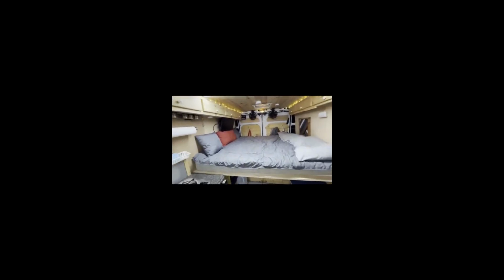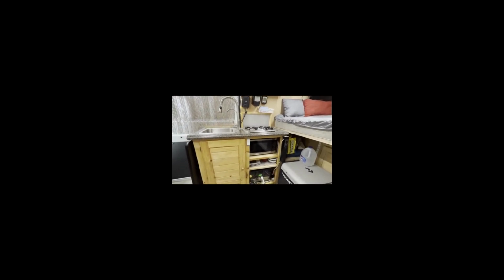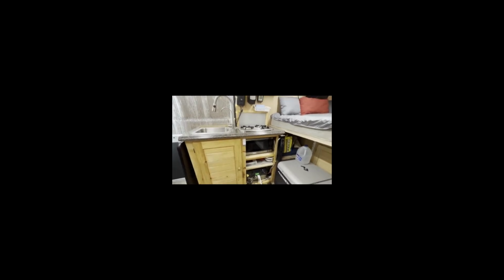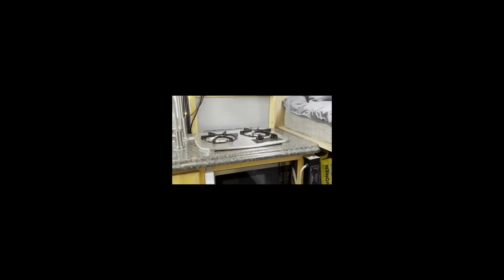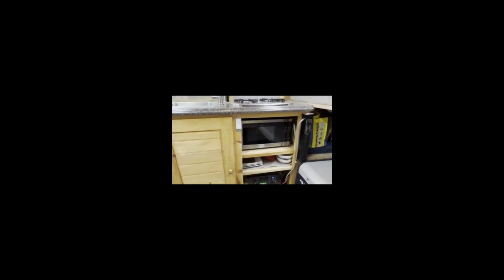So as I mentioned, the van was already built out when we purchased it. All the cabinetry was already in place. And there was a raised bed in the back. And a kitchenette here. Only there was a different faucet there, and it was a hand pump instead of an electrical powered pump. There's a 2-burner propane stove. Installed the microwave, have our dishes there,